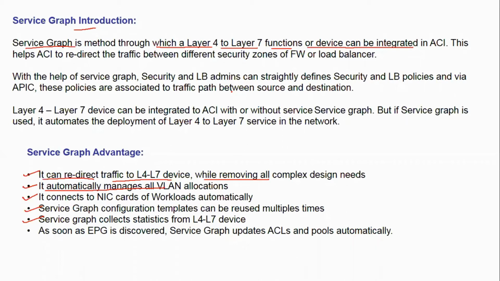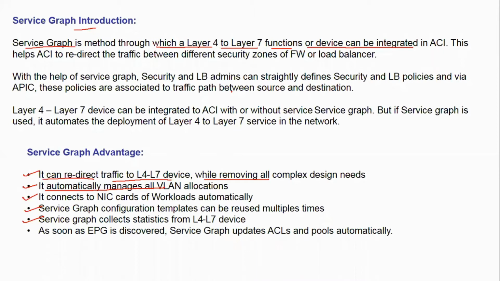It creates a path from your external domain to your internal domain via L4 and L7 devices, removing all the complexities. Whatever VLANs are used for service graph insertion will be used for your traffic flow from your external device to the internal device via L4 and L7.